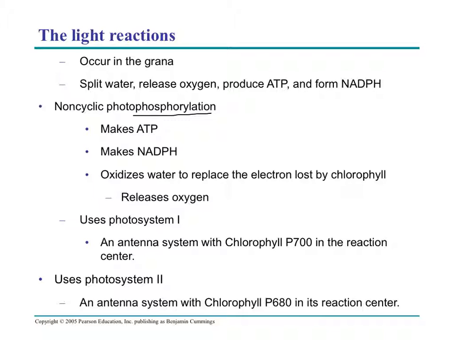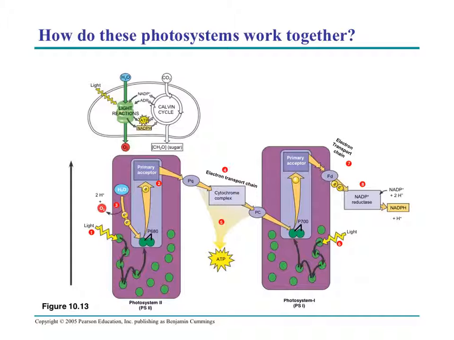So we're using photosystem 1, as you can see here, which has specifically chlorophyll P700 as its reaction center. We also use a second photosystem that is not within the photophosphorylation. It uses chlorophyll 680 as its reaction center. So, what is happening here? So let's start at the beginning, and we will walk step by step through what is happening in photosystem 2 and 1 with our